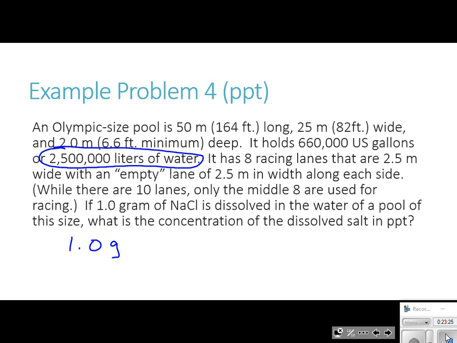Can I convert that into milliliters? Yes, I can. So I'm moving it 3 places to the right. So basically, I'm just adding 3 more zeros. Now, to make it into a part per trillion, I need to multiply by what? 10 to the 12th. So that is going to give me